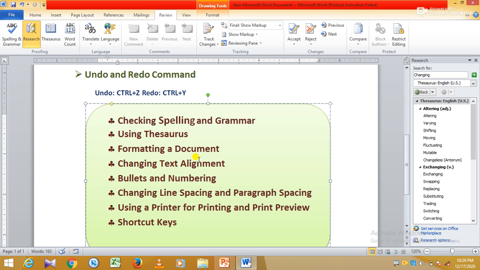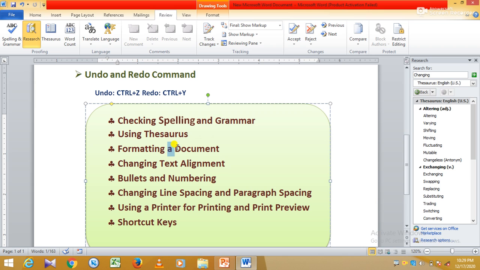Like we can change the color, style, font size, whatever we want we can apply to the text. And you can format any word, single letter, full sentence, or paragraph also.